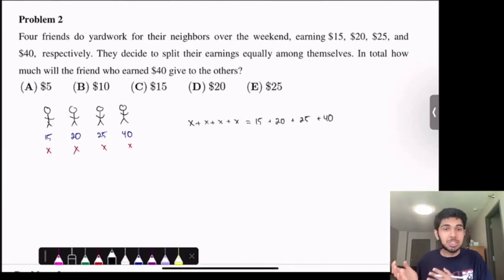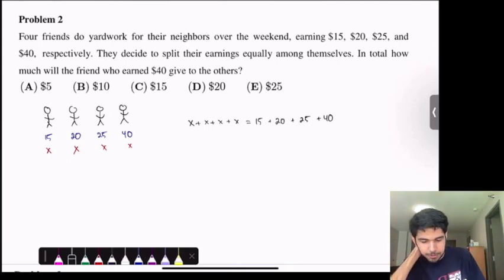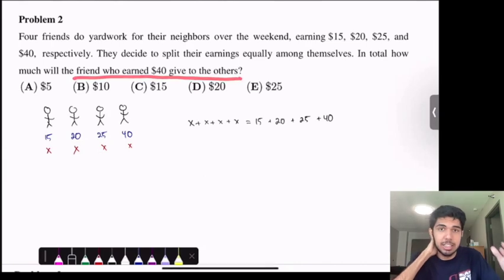And now we just need to solve for X, because that's the quantity that each person will have after they split the money. And so we're not quite yet solving for what the problem is asking, being how much money will the friend who earned $40 give the others, but we can determine that after we know how much money